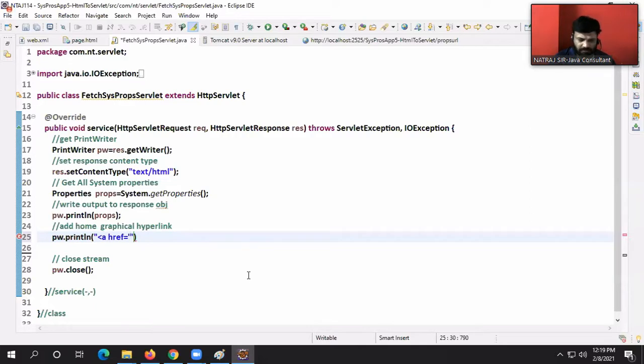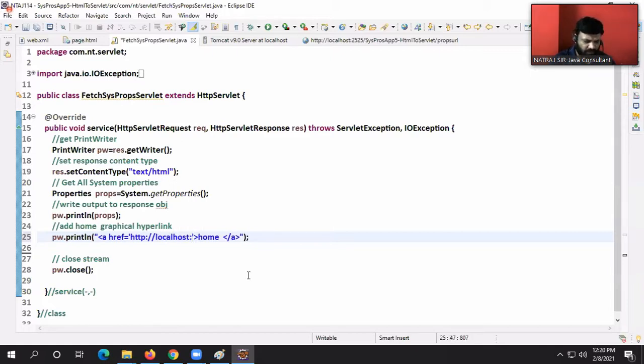a href, tell me. Home dot GFIF. Anyone remembered? Yeah, GFIF home. This is a text hyperlink. Home comes as text. Oh, sorry, mistake is mine. a href, you have to give the page.html hyperlink. http://localhost.